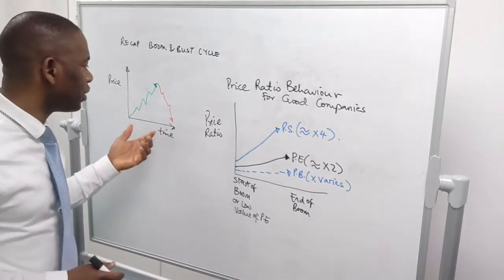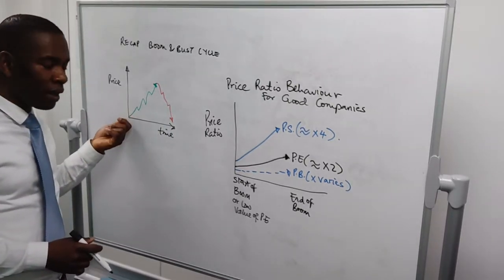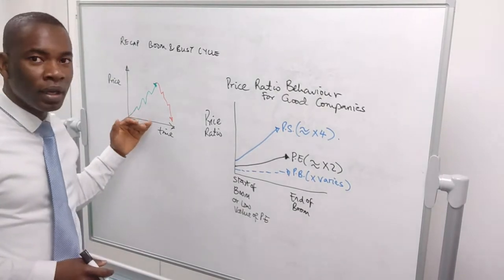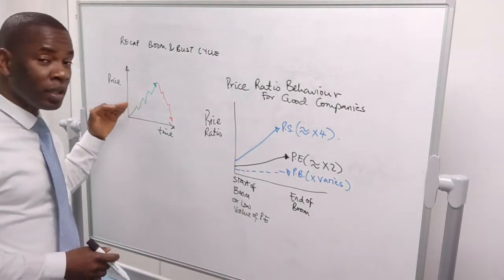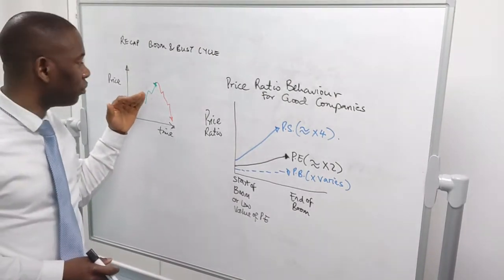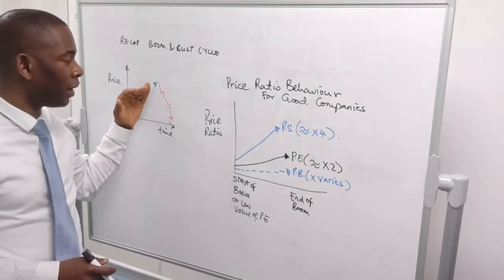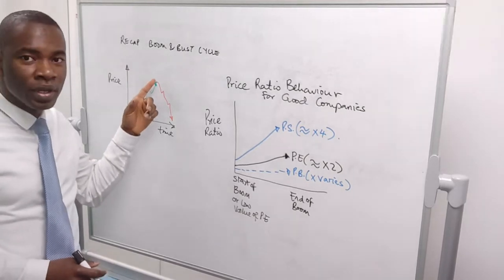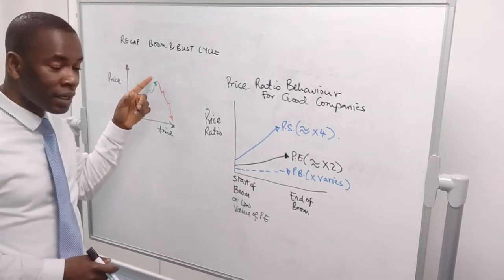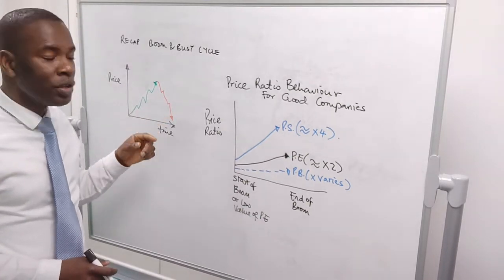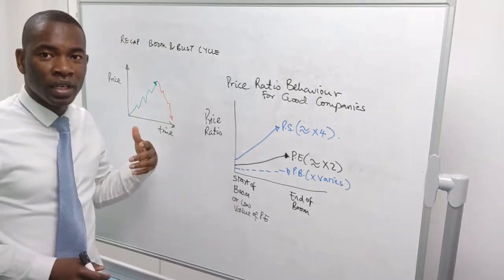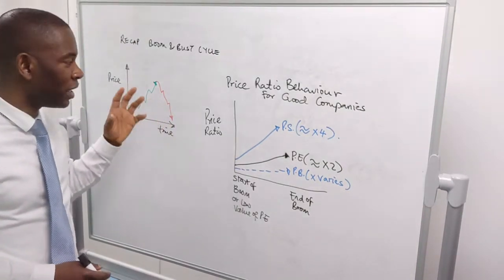Remember in our series we said at the start of a boom, prices are very, very low, and then when things actually pick up, the price of assets begins to go up and up and up until it gets to a level that is not sustainable, and then it tanks. It starts tanking right back down. So this forms the economic cycle, what people call the economic cycle.